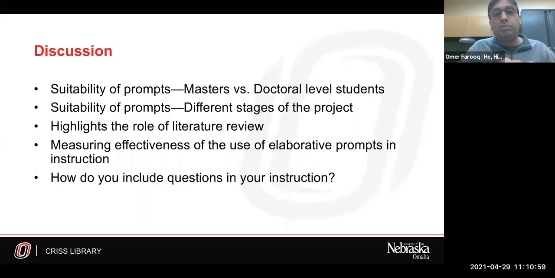And then, measuring the effectiveness of these prompts in instruction is kind of hard, because some of the literature in the ed psych world tends to look at characteristics of students who are really good at synthesis and transforming and reading prior literature and synthesizing multiple information sources together conceptually.